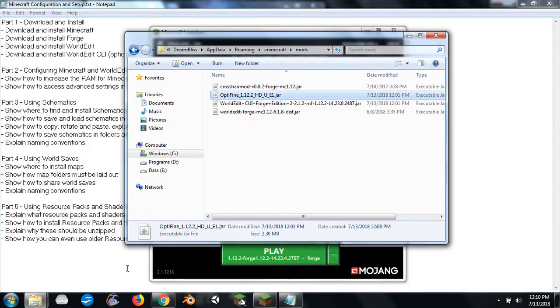So I'm assuming that you have downloaded and installed Minecraft. You are running Windows of some version, and if you're running a version of Windows that does things a little differently, you know your way around those intricacies. And I'm assuming you have downloaded and installed Forge, and WorldEdit,